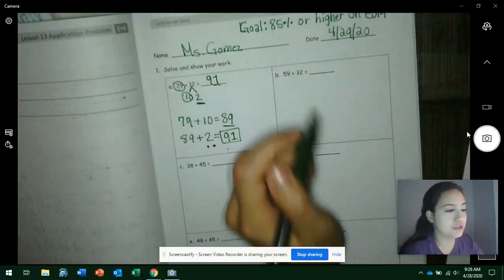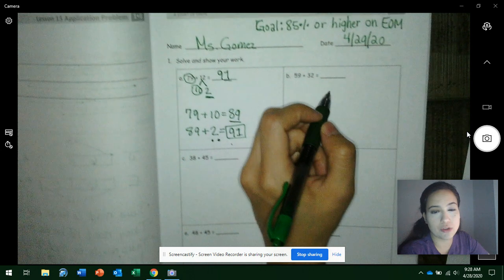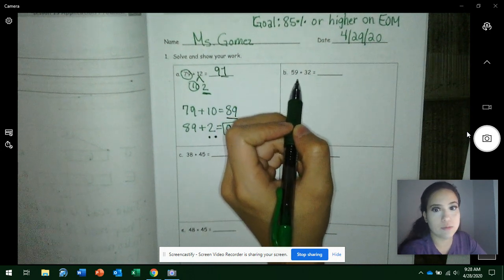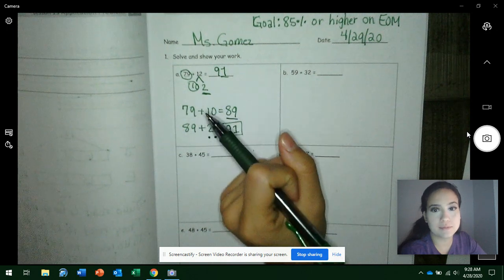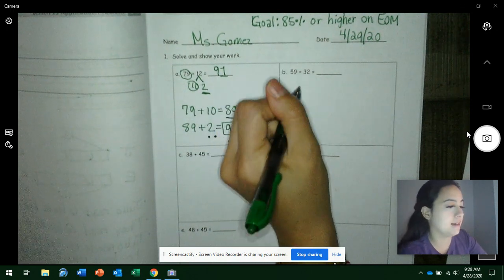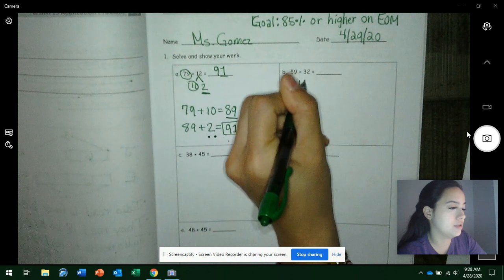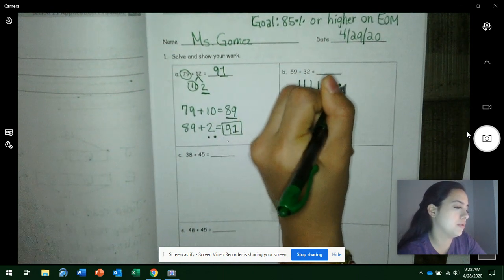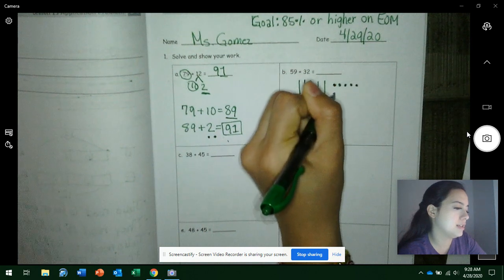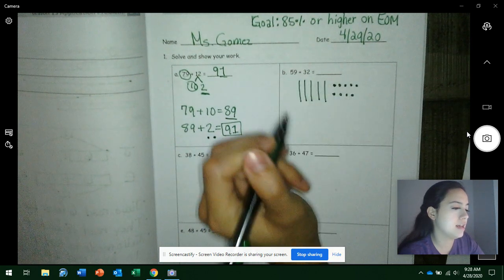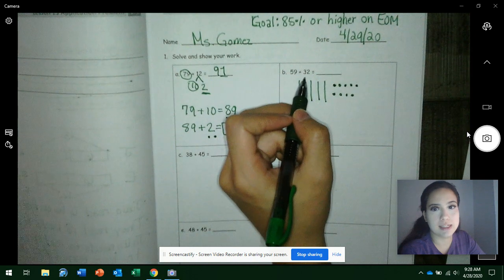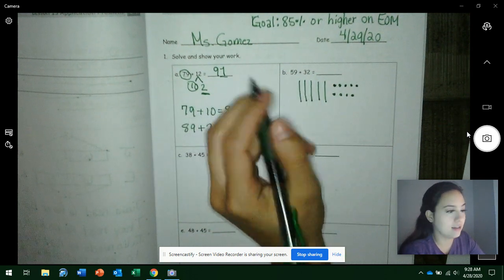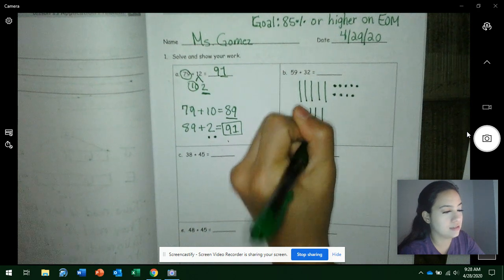Ready? Now I'm going to show you this one in pictures for those of you that want to use pictures instead. So 59 has how many tens and ones? Get ready. 5 tens. Draw it with me. 1, 2, 3, 4, 5, and 9 ones. 1, 2, 3, 4, 5, 6, 7, 8, 9. And 32 has how many tens and ones, boys and girls? Get ready. Yeah, 3 tens, draw it with me,